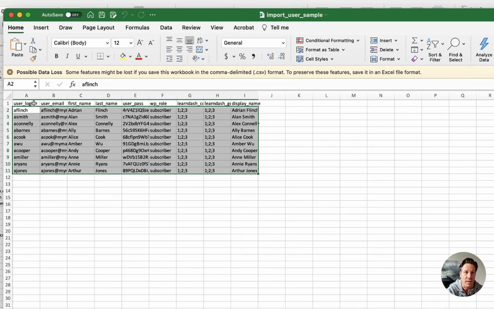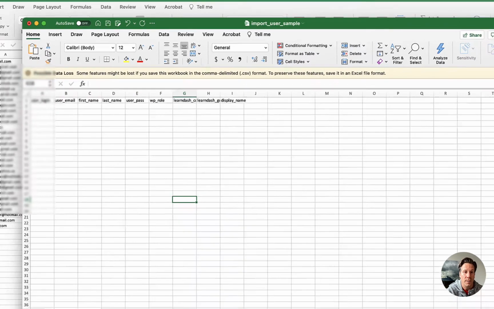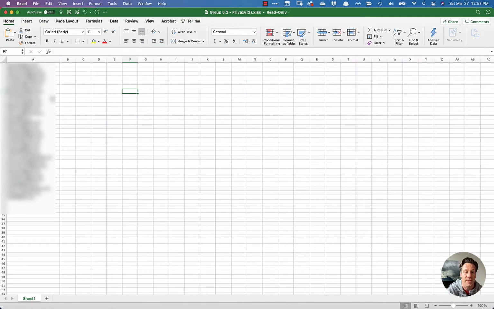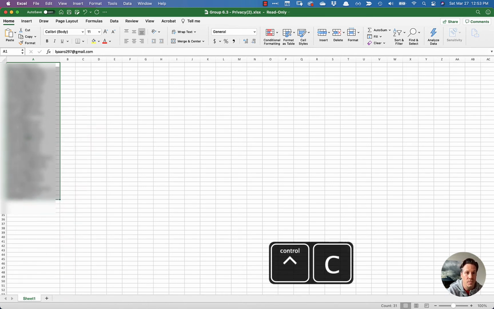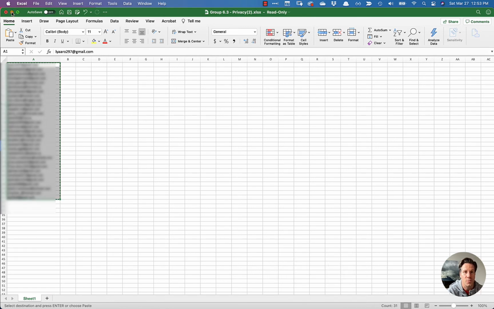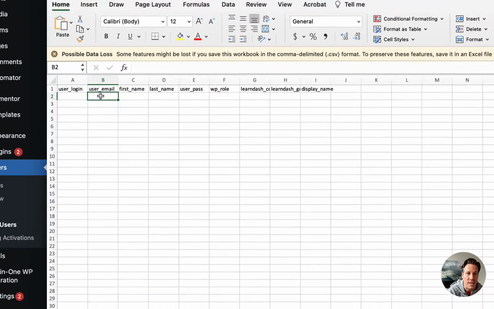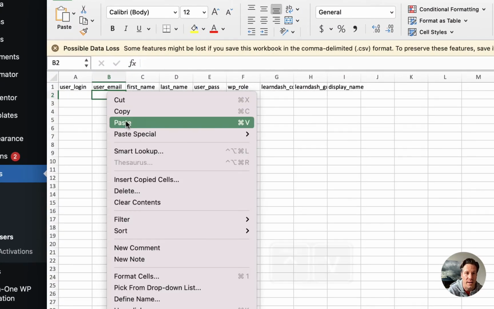I'm going to keep the header row the same. I'm going to get rid of all the other information. Then I'm going to take this list of emails my colleague sent to me and wanted added to this course group, copy them. I can get rid of this spreadsheet, and under the user email column, I'm going to paste all those email